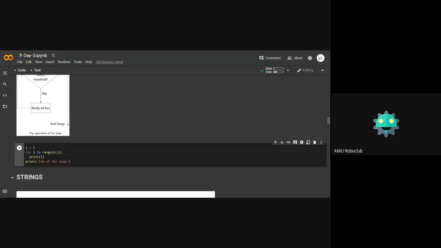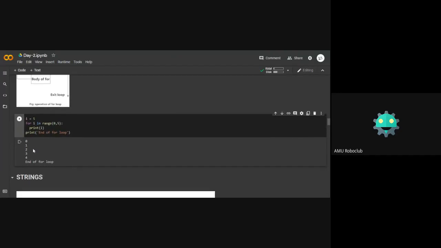So what will this loop do? It will first check i in range 0 to 5. That is, i is first 0. So we'll print 0. Then we'll check i is 1 and this is in the range which is given to us. So the statement is true. So we'll print 1 and similarly till 3 and 4. And when it comes to 5, since 5 is exclusive, we'll see i in range, so no, we do not need 5. We only want numbers till 4. So 5 won't be executed and we will come out of the loop, and hence we'll print the end of the loop.